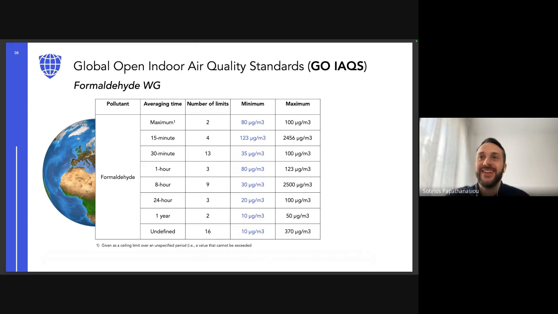I don't mind. And also, this is another comment that I received in a recent conversation with someone working on the policy aspect, saying that it's very difficult and challenging to communicate different numbers to people. Maybe it's easier for us to consider one limit per pollutant rather than having different numbers.